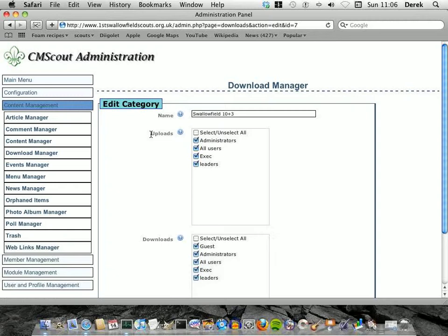And here we can say who can upload things in this box. So here we've said that all administrators, all users, anyone from the exec and anyone from leaders, so it's basically anybody, can upload things into this category. The only thing is, of course, they do have to be logged on, so that's not members of the general